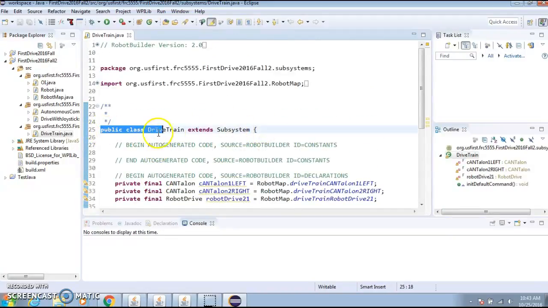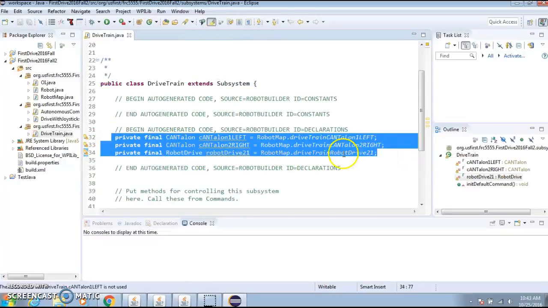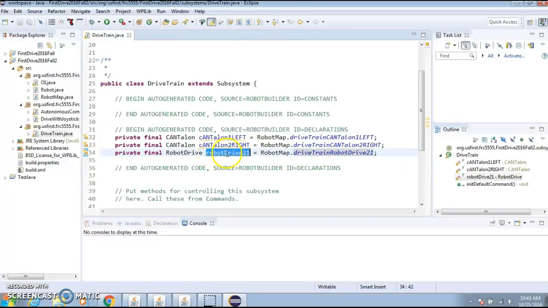So this begins a public class called drivetrain, which is a form of a subsystem. That makes sense because we did this when we made Robot Builder. And it comes with a couple of other objects that we can use to program with, like the drivetrain, which handles the two talons, or we can directly address them